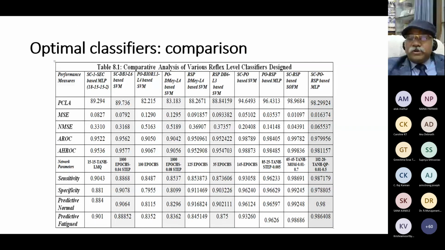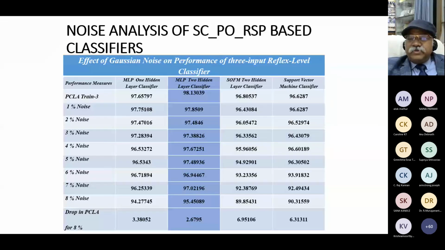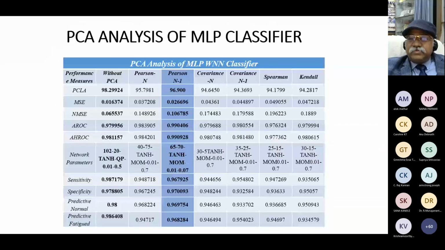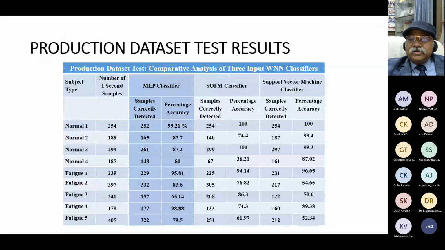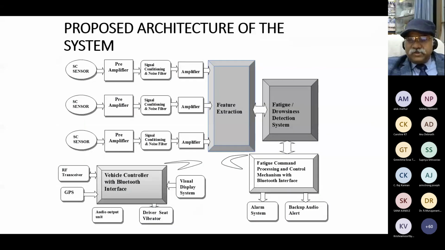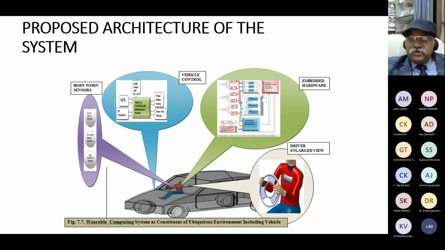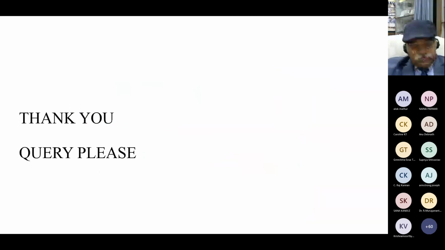Then the optimal classifiers, their comparison and analysis, all their parameters, noise analysis, consistency check, PCA analysis, and exhaustive work has been done on the statistical classifier. So the proposed architecture is finally the best one among all. This is the 3 inputs mixed together, which is Model 3 rather. The proposed architecture is like this finally, and this is another way of representing the architecture of the wearable computing system for the driver. So thank you. This is how we could fit